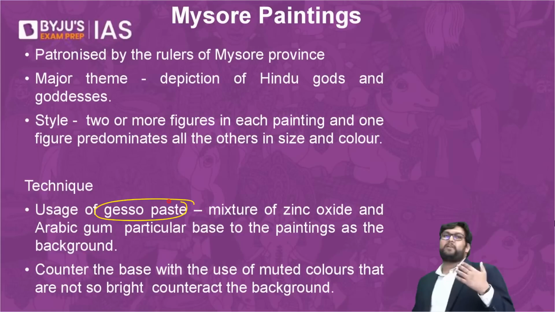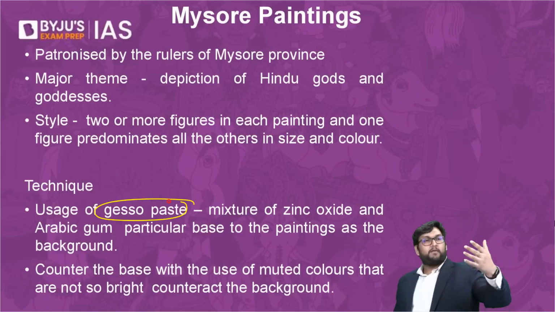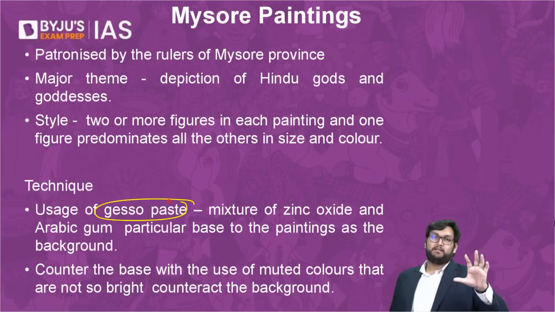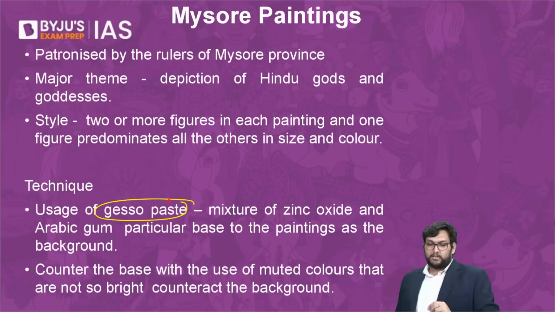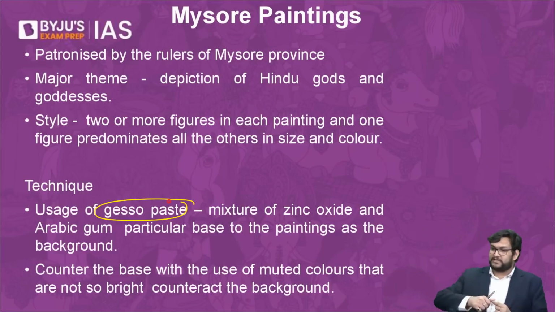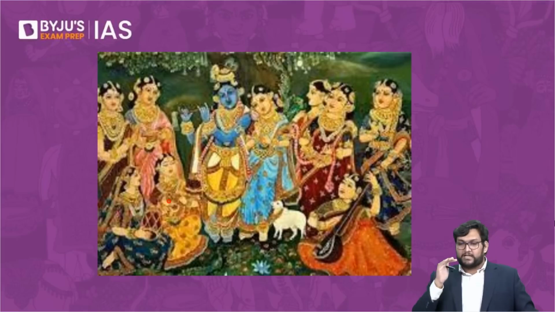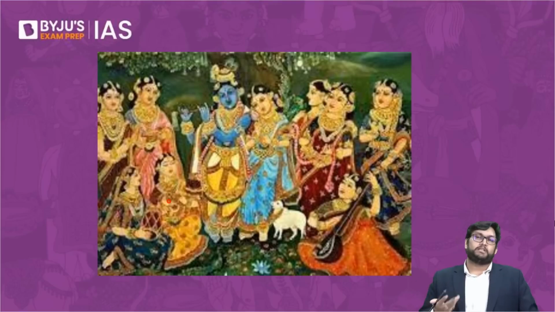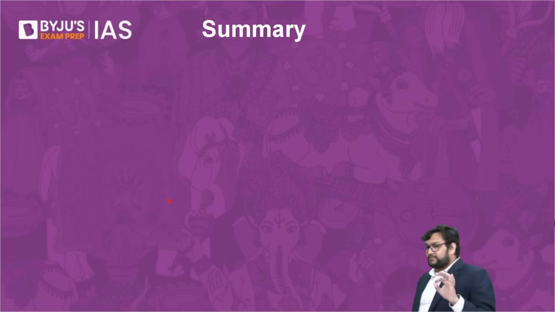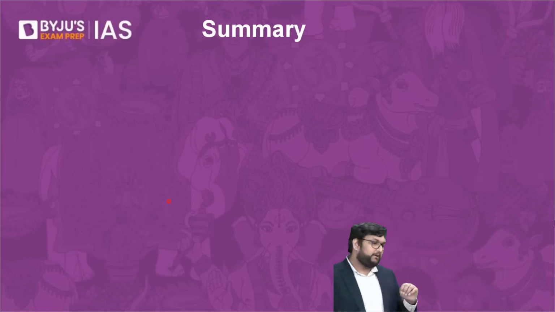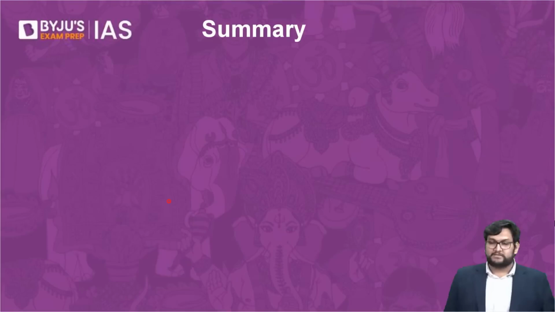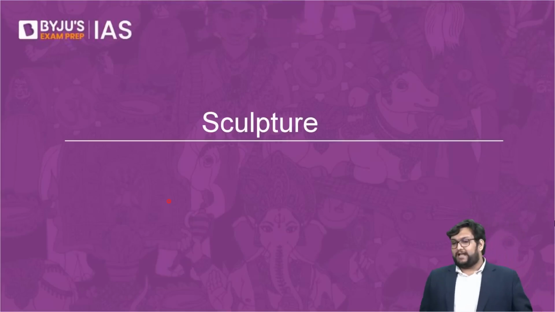Gesso paste is that if you've ever seen a canvas, it is basically a cloth, but that cloth is made very, very hard. And that hardness of cloth comes out of a gesso paste, which is basically zinc oxide and Arabic gum applied to make it hard. Now, the Mysore paintings, again thematic Krishna Bhakti and Ramayana Mahabharat, but they use green quite a lot in that regard. Now, with this, we finish our first half of discussion, which is basically paintings, and we will go to